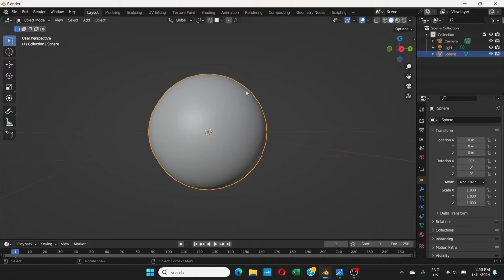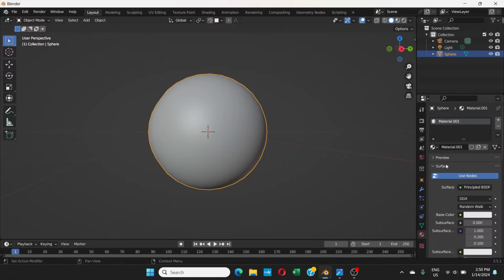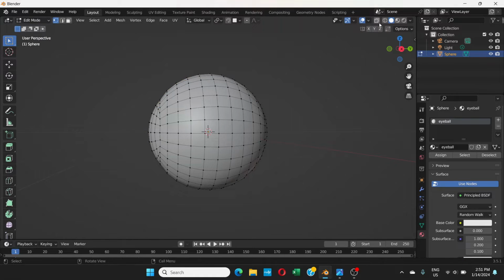Click on the sphere and then go to material properties and click new. Okay, so it creates a new material. We can rename this by double clicking. I would say eyeball. Enter. After that, let's go to edit mode and